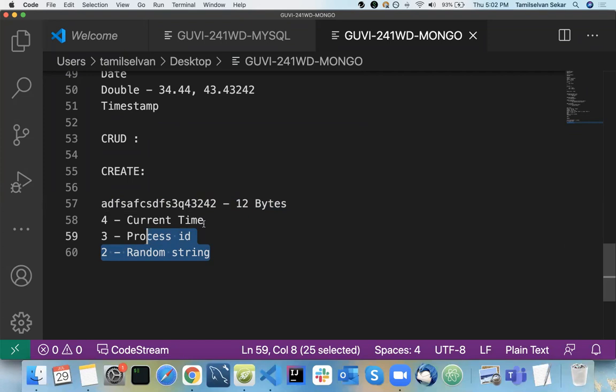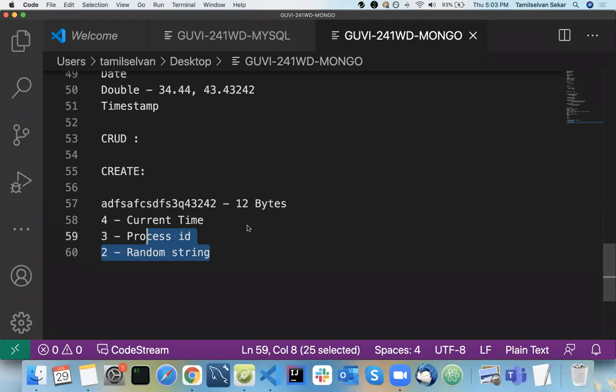Then your process. For example, everything in your MongoDB or in your OS is a process. We use a Zoom call, so this is going to be a process. In the same way, I just opened Visual Studio, so Visual Studio will act as a process in your OS.